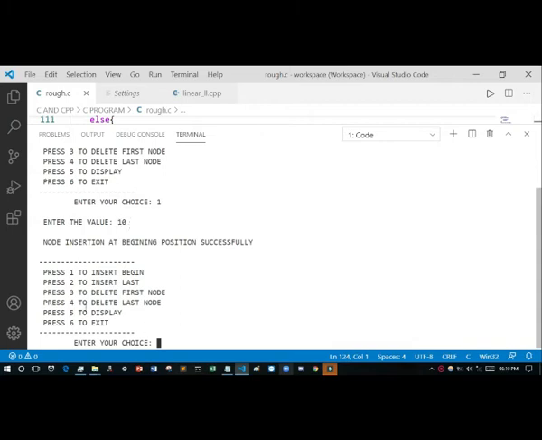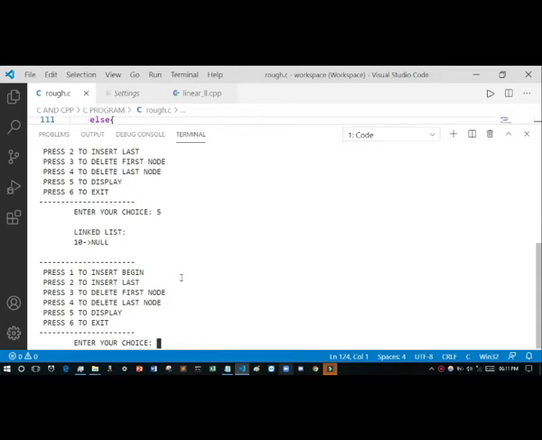This menu driven program will help you a lot. I press 5 for display. See, the linked list shows 10, and then null, because in a linear singly linked list, the last node's next will be null.